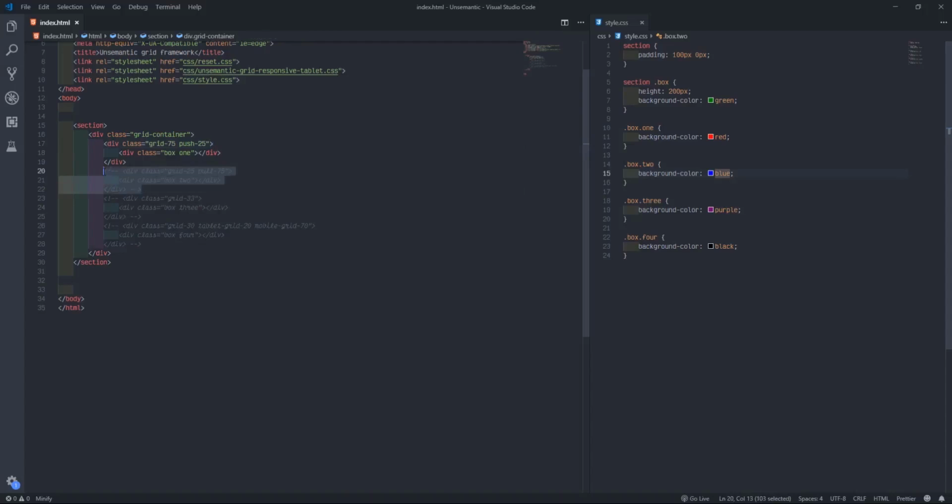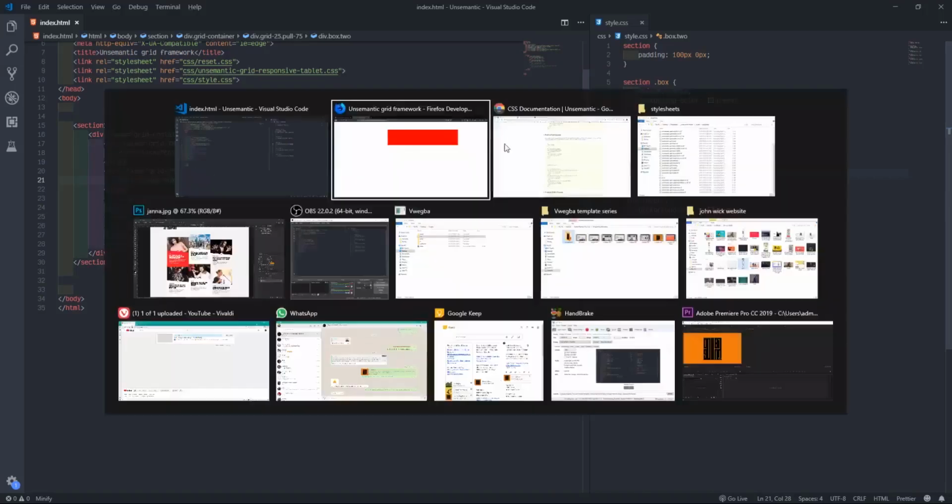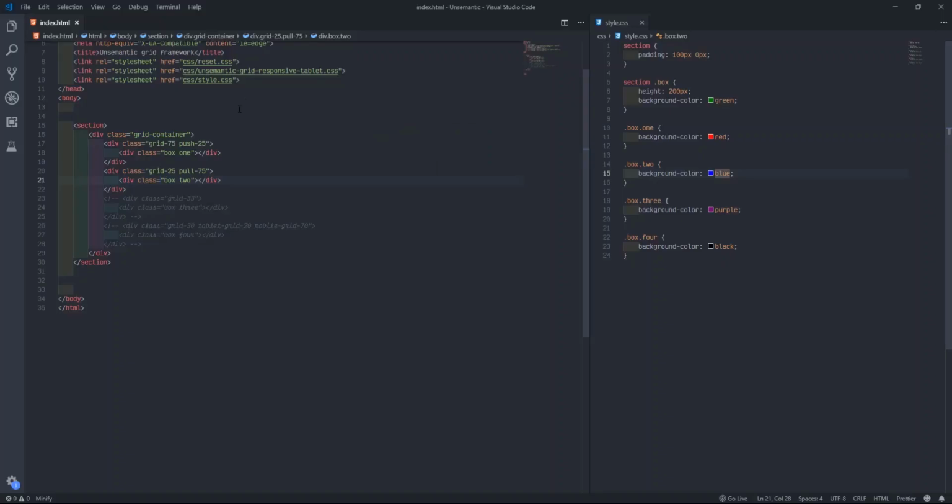Then by the time we call this one now, this 25 which was in this place before, if we put 75, if they push on, they come back to this side. Now you see what is here. You see, so these are the pull and the push classes. Don't worry, as for the design, I will use other frameworks too, though I use this one most times. Another time I will teach it.